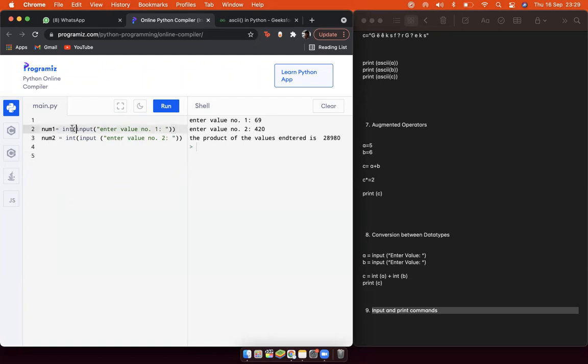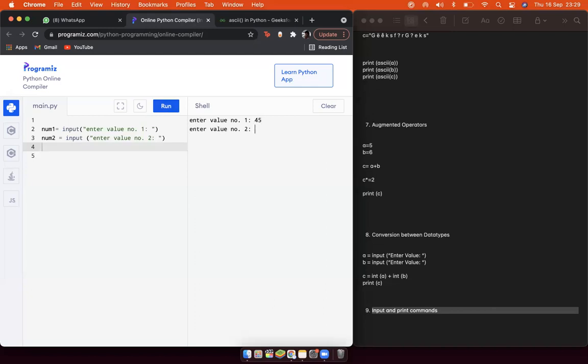Also, one thing I did not tell you is that when you just write down the variable name and write input and then put a bracket over there, you haven't specified what data type, right? So the default data type that the computer will take is the data type of string. So yeah, str, it will take that. So that is how it is.